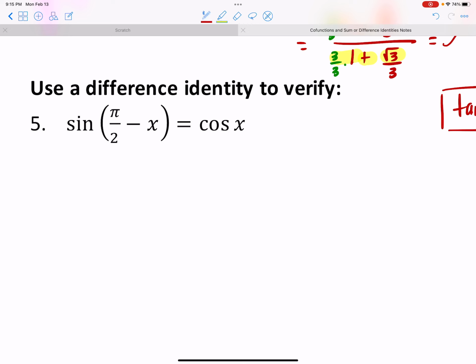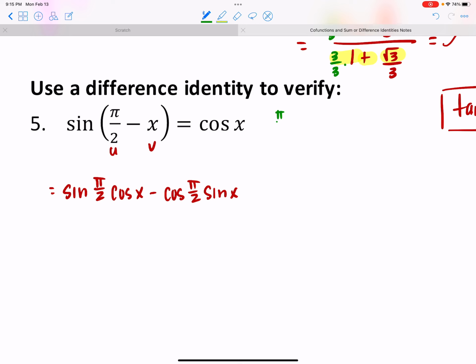So the difference identity, sine of u minus v, that formula says that we're going to take the sine of pi over 2 multiplied by the cosine of x, and then we're going to subtract the cosine of pi over 2 and multiply by the sine of x. So that's just the sine of our difference identity formula. And pi over 2,